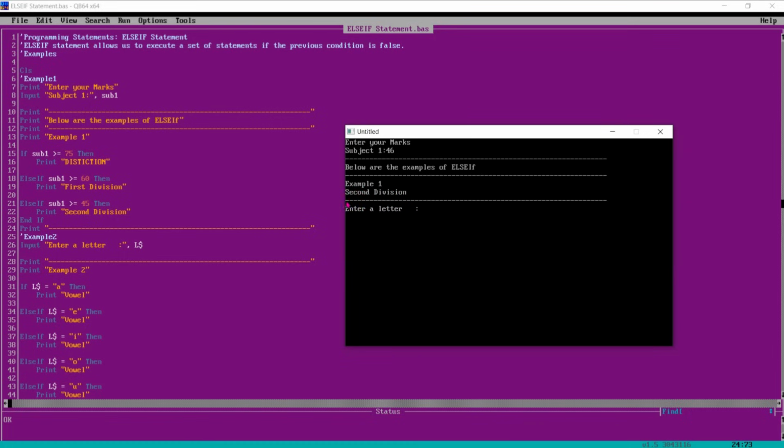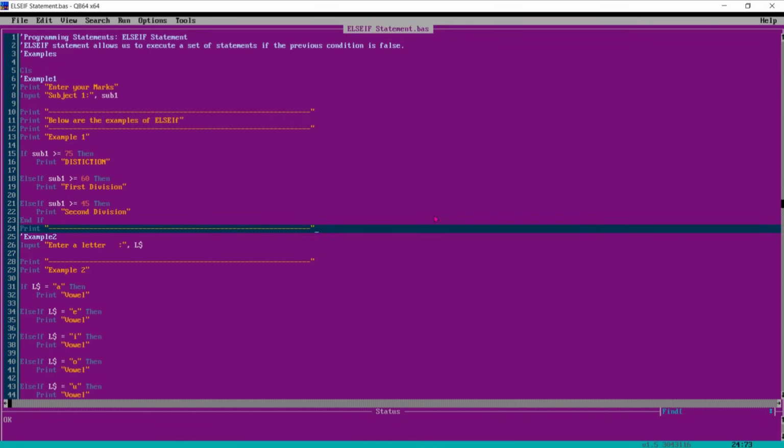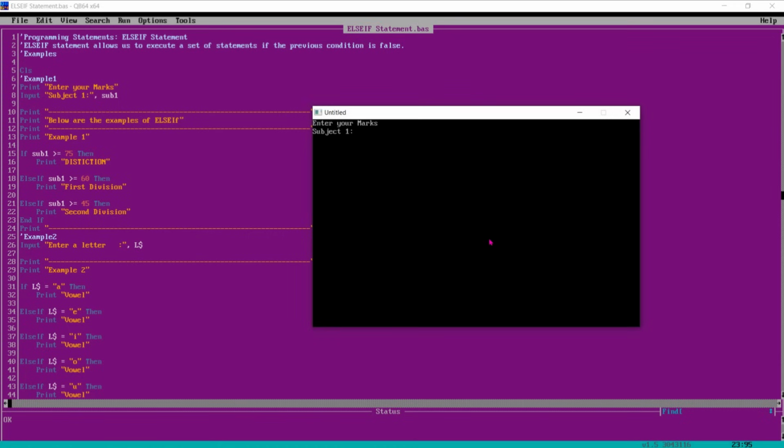Now I have drawn a line here to separate example 1 and example 2. Enter a letter. This is O. This is vowel. This time we will enter, let's say, 30. Then it will not print anything because we have not given any condition. Enter a letter.